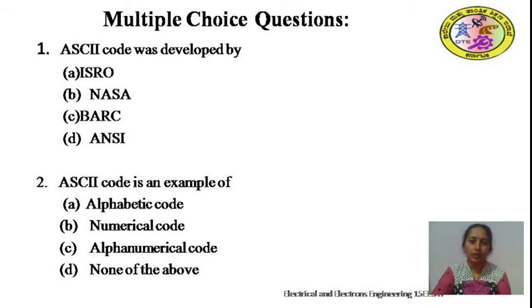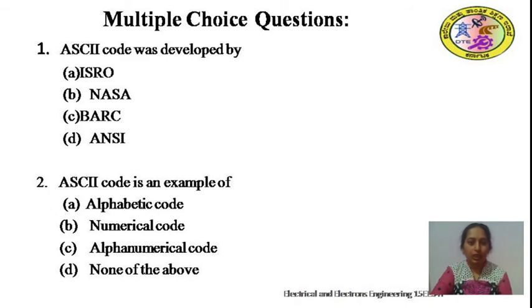The first question is, ASCII code was developed by. ASCII, do you remember what it stands for? It is the abbreviation for American Standard Code for Information Interchange. It was developed by an American organization. ISRO is the Indian Space Research Organization, so this option is not correct.